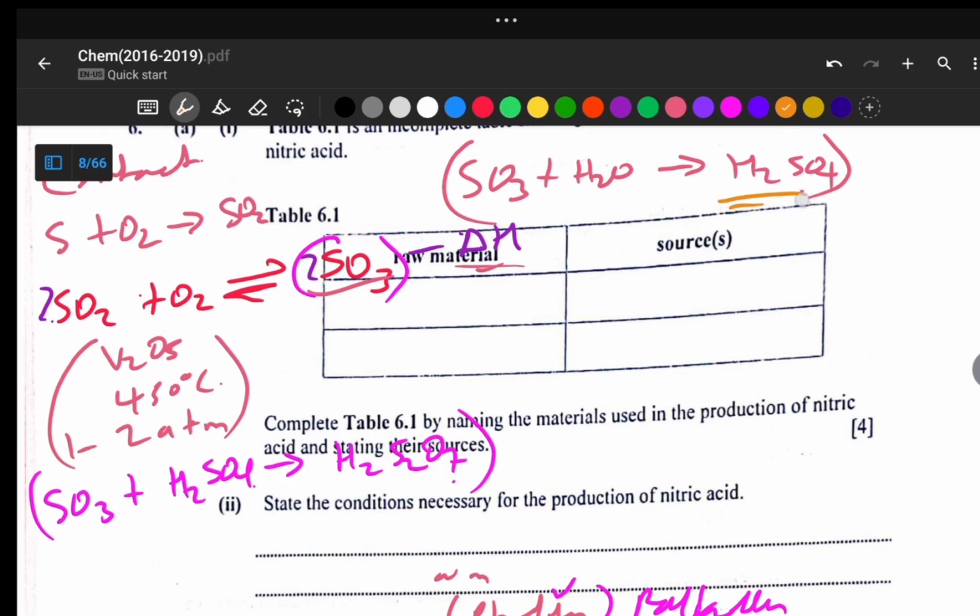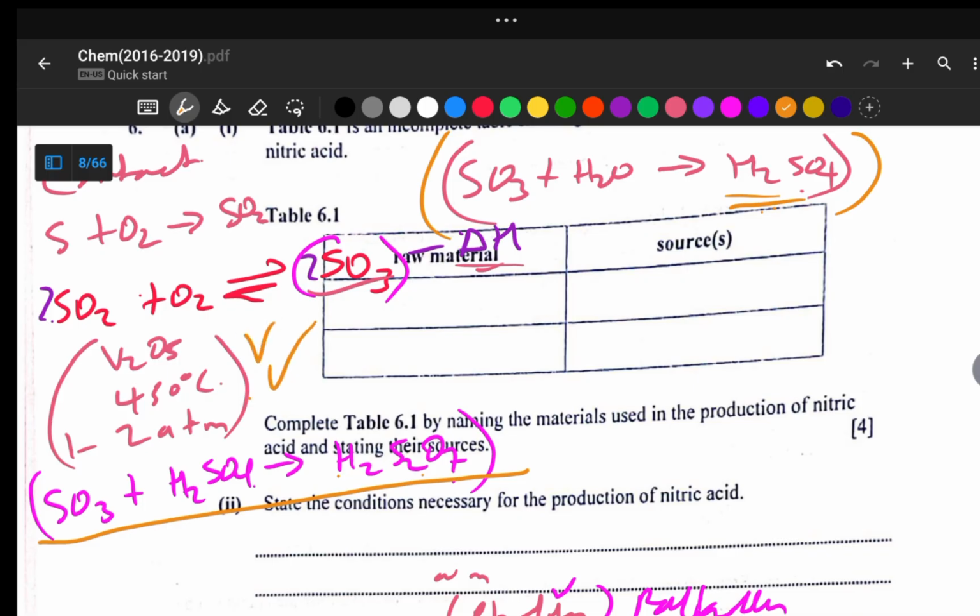Why? Because it produces a mist of sulfuric acid, or the fumes of sulfuric acid, which are difficult to condense to give industrial sulfuric acid. So we go in this direction so that we can produce oleum, which you can then use to make sulfuric acid. Are we together? You must know the reason why we avoid this reaction. Are we together? And then for the Haber process, you must be able to explain this condition in terms